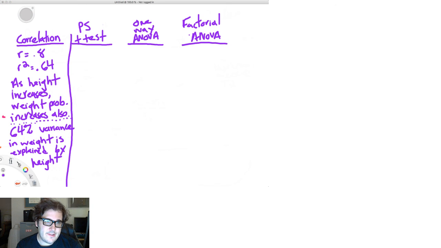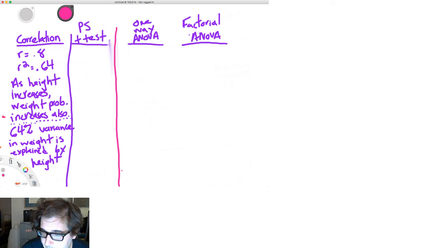What about paired samples t-test? Paired samples t-test is going to be similar to a regular sample t-test in terms of how you explain it. Why is it still in eraser? Because I definitely screwed something up. There we go. So this is going to be very similar to